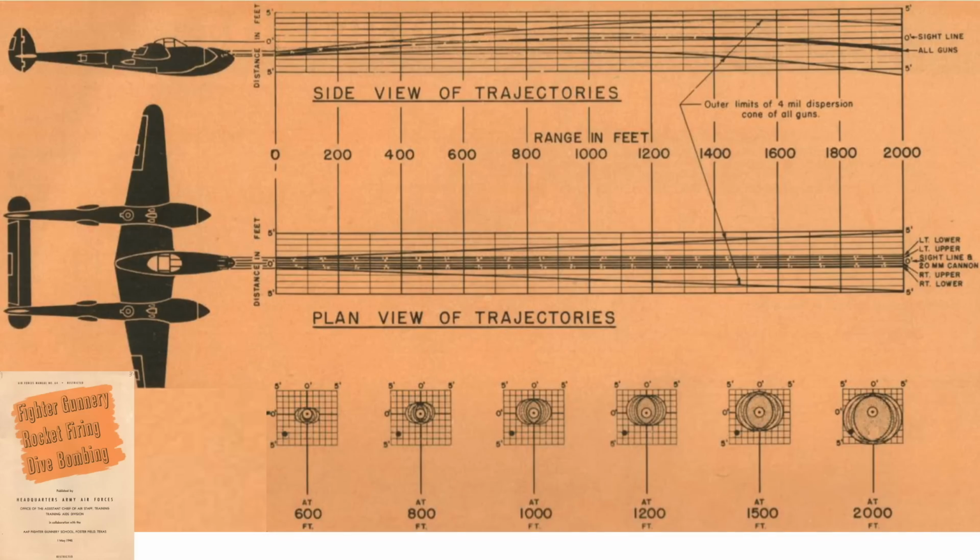Observation of the P-38's dispersion charts. There's a slight vertical strike pattern shift such that the centroid of the strike pattern stays within a reasonable distance from the gun sight's pip or predicted impact point. The 75% mil strike areas are concentrated, dense, and tight, even out to 2,000 feet. At a 2,000-foot distance, the strike area is roughly an ellipse, 9 feet by 10 feet. More importantly, the pip is roughly centered within the bullet strike zone, both vertically and horizontally, and there's no blind